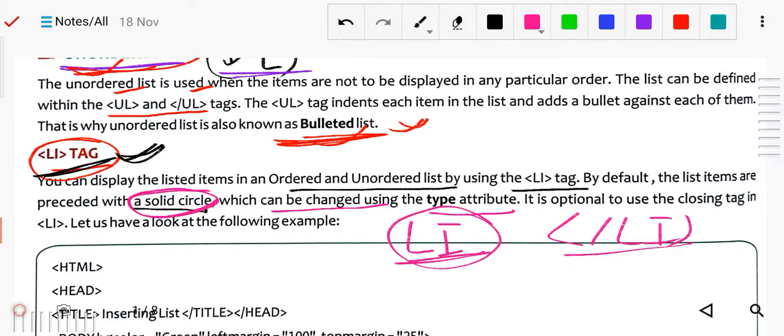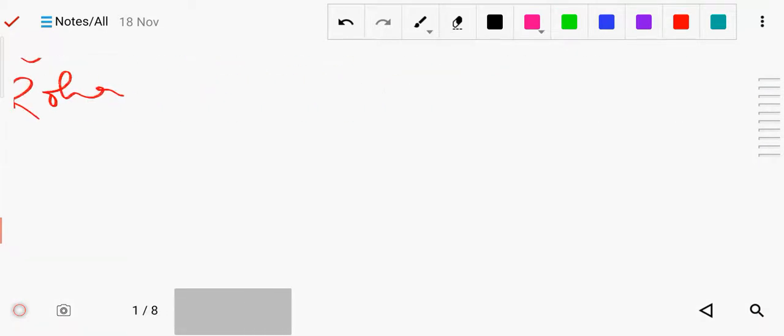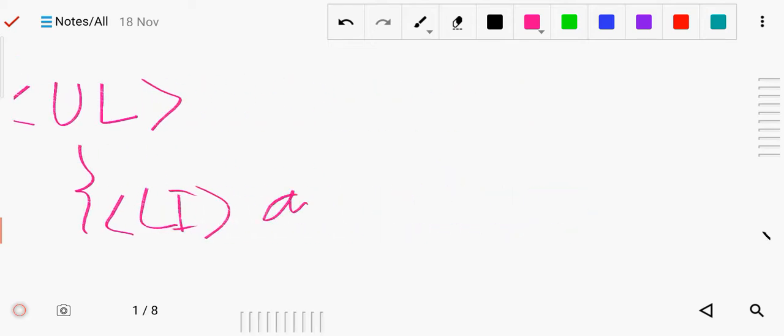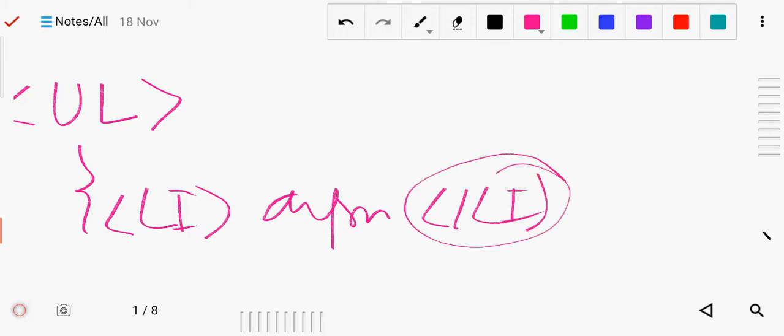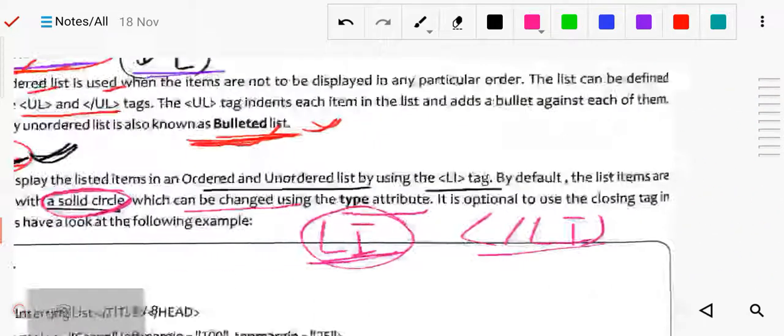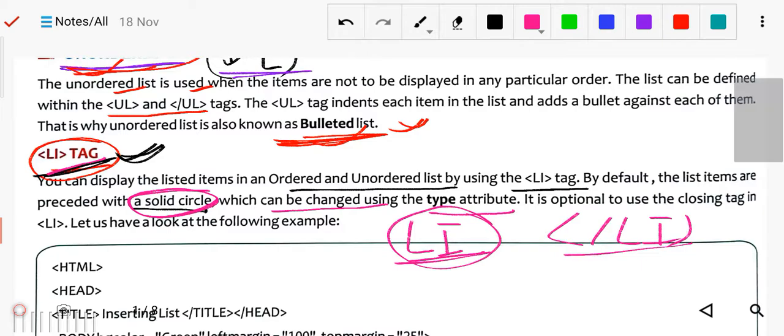With this listing tag, first of all, anything we write, we have to define whether it is an ordered list or an unordered list. I defined this as unordered. Now inside this unordered list we will use the li tag. Suppose you want to write an item, apple: you write apple and close the li tag, though whether to close it or not is up to you. Then again li means the second item will be displayed. Just see this example, then you will understand.